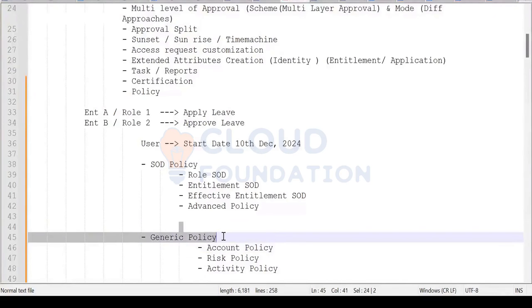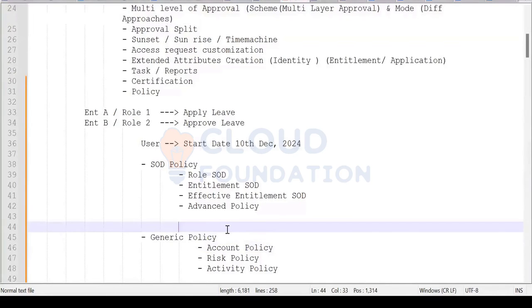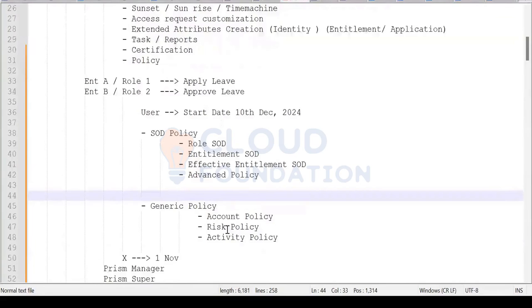Can somebody answer what is SoD policy? Segregation of duties. Is it segregation or separation? It could be either, but we call it segregation of duties. It's literally the separation of duties. The concept of SoD, separation of duties, means people should not have conflicting access.